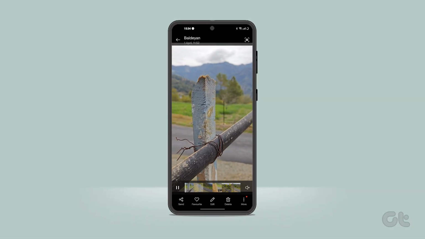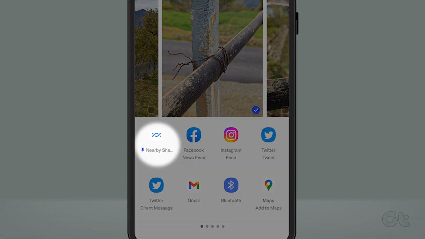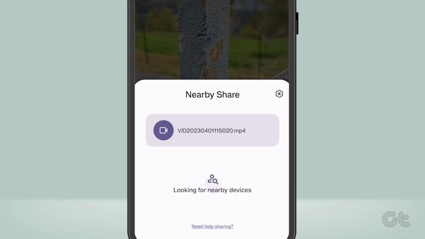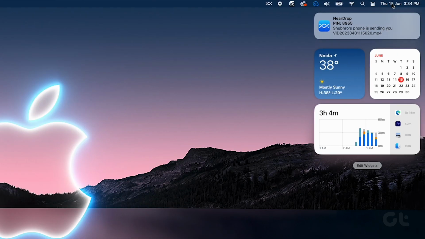Now, back to the Android side. Tap the Share button in the app on your Android phone, then select the Nearby option at the top of the share sheet. Give it a few seconds, and your Mac should eventually appear as a target on the Nearby Share screen. After selecting your Mac from the Nearby Share menu on Android, you should get a notification on the